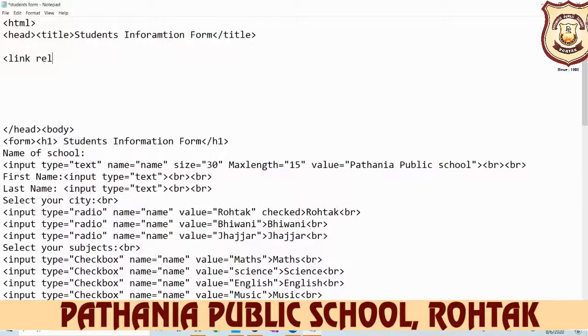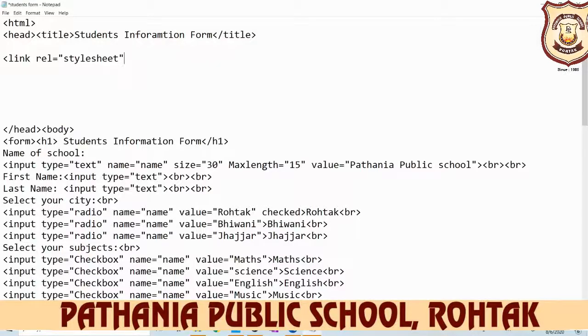REL stands for relationship. Relationship between whom? Relationship between the style sheet and the HTML page. So you write relationship equal to, and here you write stylesheet.